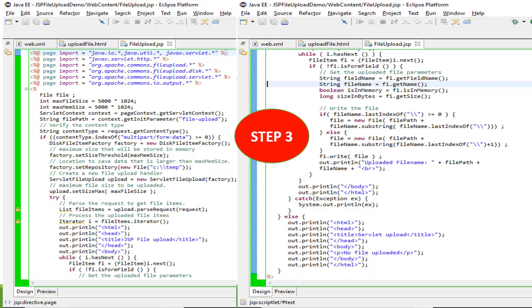You can have it in a servlet form and include the servlet code, and there you can call these APIs and redirect the files. There are so many ways you can implement this. This is one of them, where we have checked the boolean and memory and other stuff, and finally the servlet upload, and handled the exception. Now step 4,